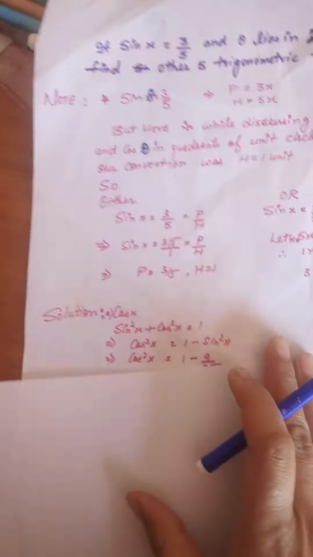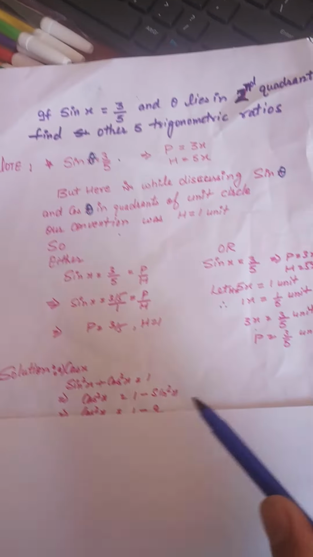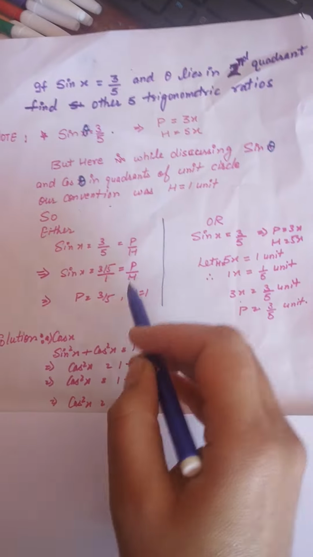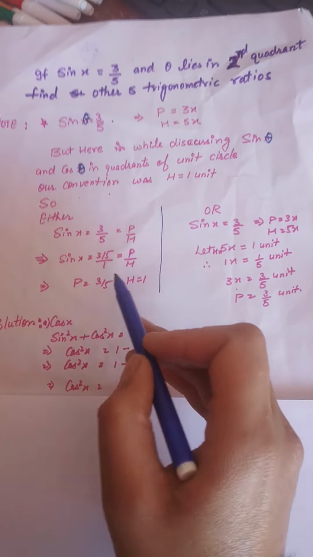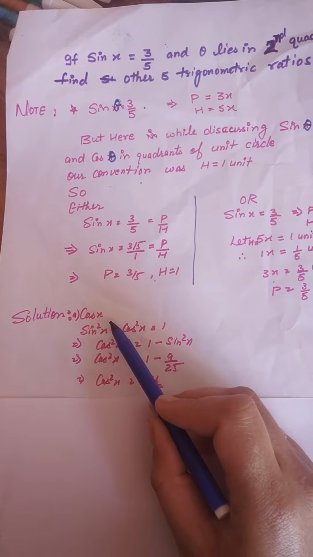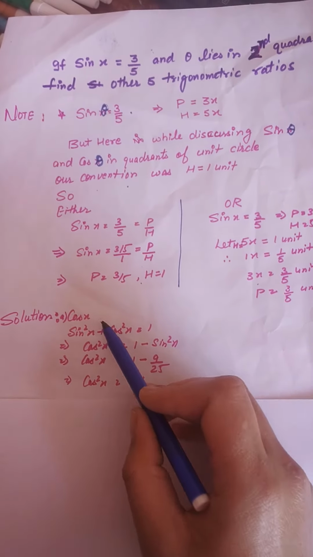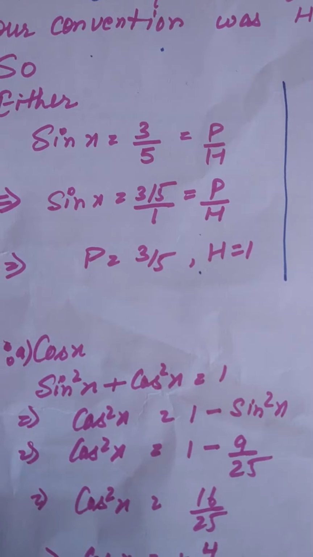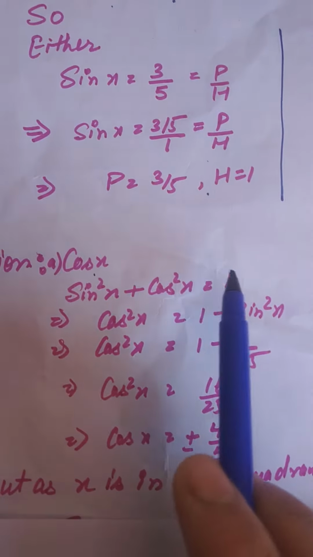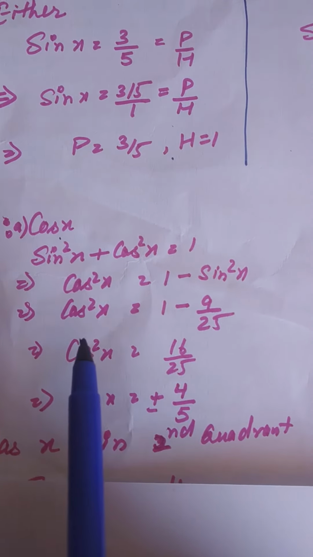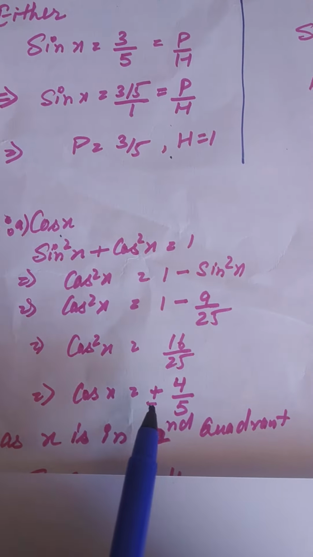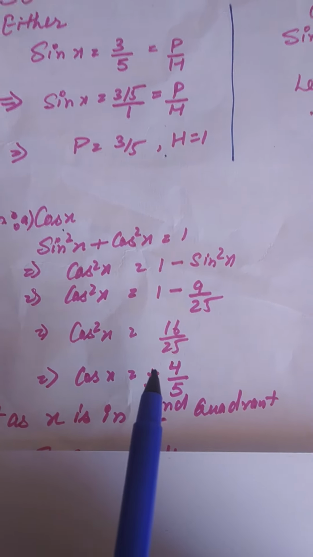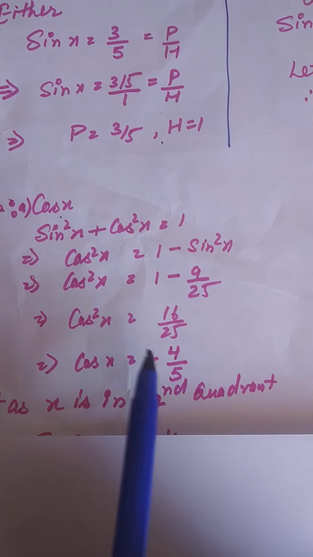Now you have been given sin x equals 3 over 5. So basically you should follow this procedure only, or you can do that also, but that's simpler in steps. Now how to find cos x? By this formula. We know sin square x plus cos square x equals 1, so cos square x is 1 minus sin square x, which is 16 over 25, so the square root can be positive 4 over 5 or minus 4 over 5, because the square of both is this.